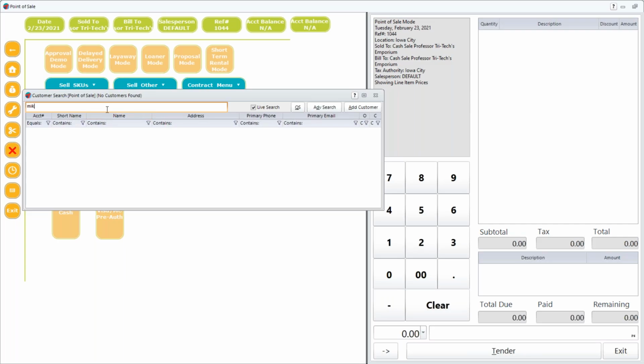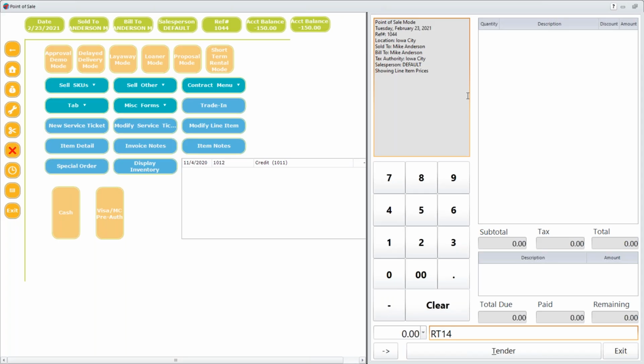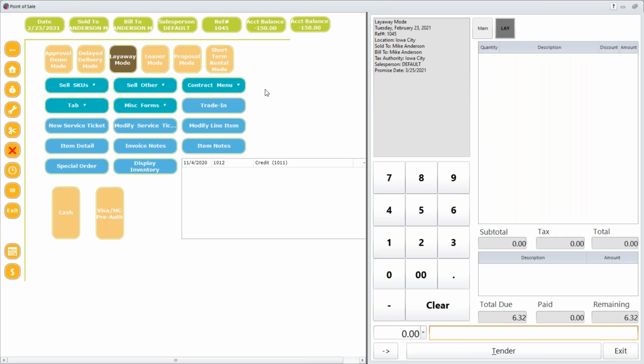up here, find or create an account for them, and then start to ring everything up the way we would want to, just like we started in point of sale, except we'd actually started in quick sale. Also, for those of you who are wondering, if you ring something up on a sale and then the customer decides they'd like to convert one or more of those items to a layaway, what you can do, rather than deleting all of these out, switching over to layaway mode and adding them back in, is you can jump